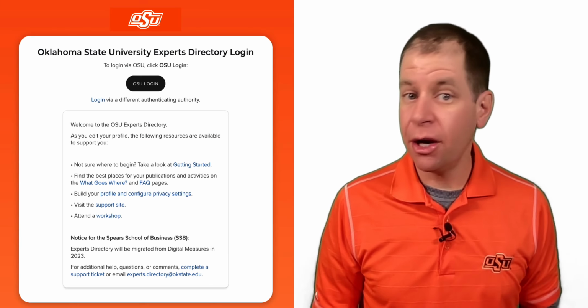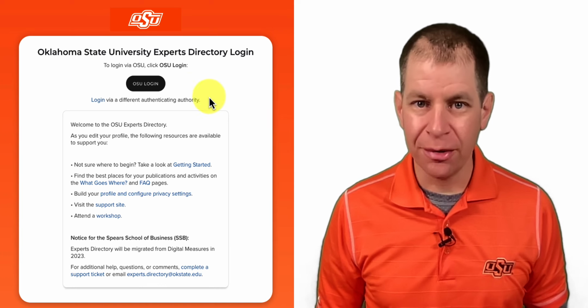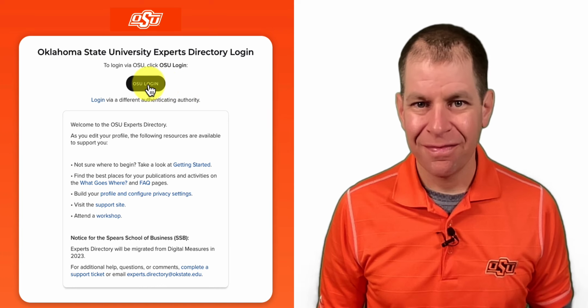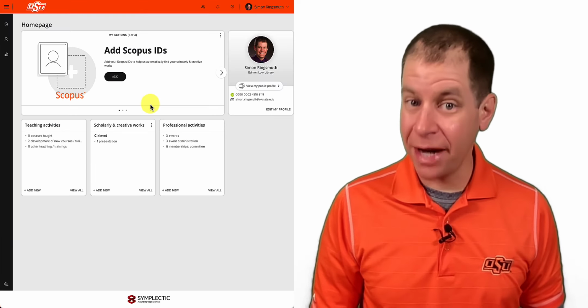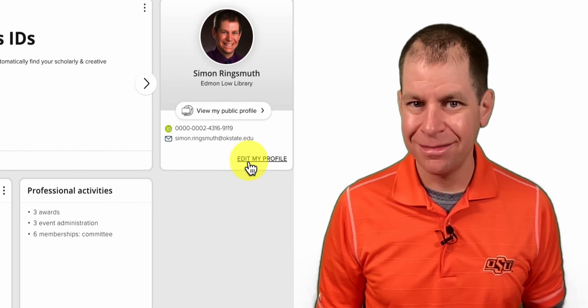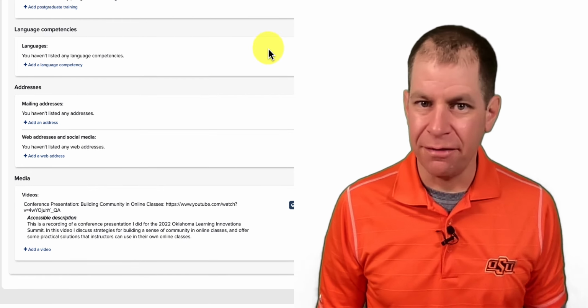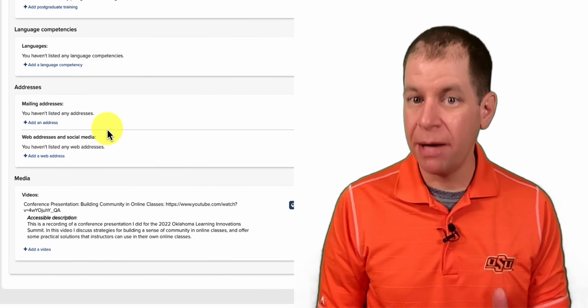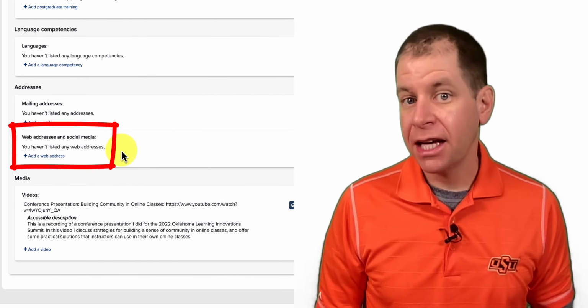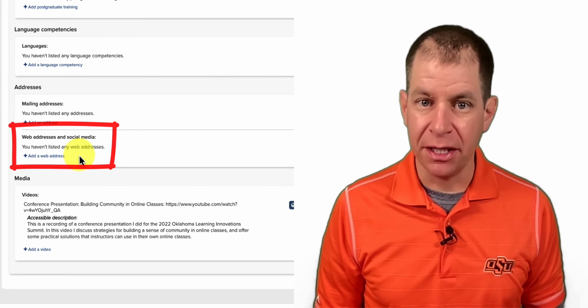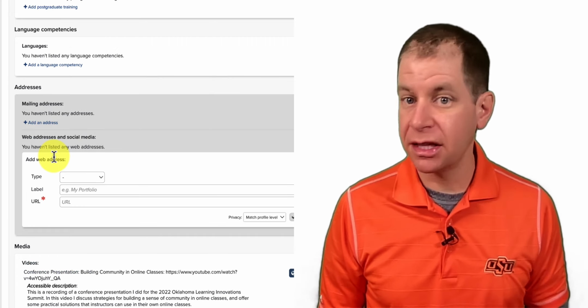expertsdirectory.okstate.edu. Click the OSU login button and enter your OKey credentials. Then navigate to the option on the right-hand side that says Edit My Profile. Scroll down to the Addresses section. You can add a physical mailing address if you want, but what we're looking at here is web addresses and social media. Click the plus Add a Web Address button to start populating your Experts Directory with links to relevant